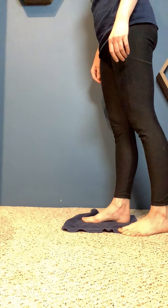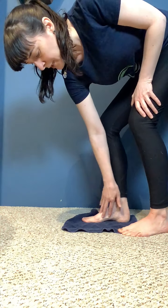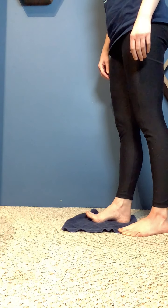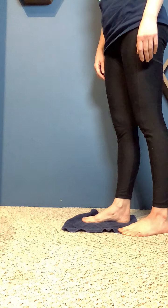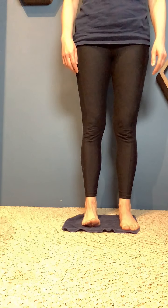So if you're in a position where your arches are permanently dropped down to the ground, it's going to be really hard for me to lift my toes up off the ground. So we want to be able to balance out that tripod first, that previous video, and then find a way to lift all of your toes up off the ground and give you back some of that motion. So if I look side on, you can see that when I lift my toes up off the ground, there's a movement in my arch. You can see all the movements happening throughout here, which means my feet are having movements, the joints are moving, the tissues are getting some new experiences,